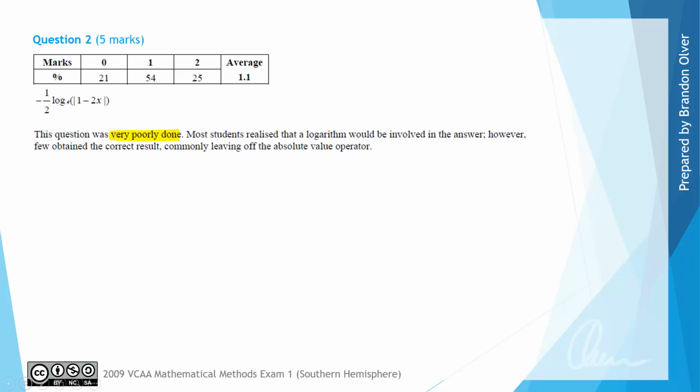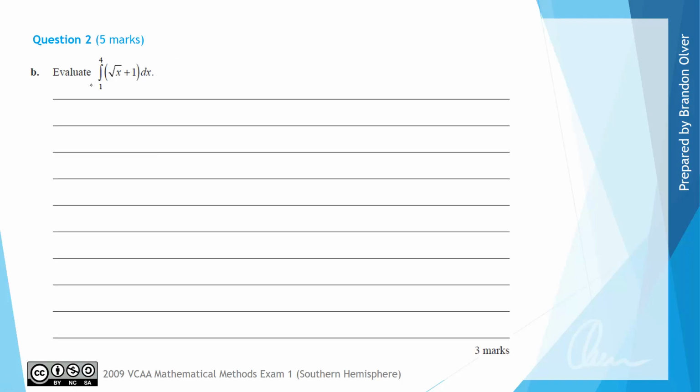For part B, we're asked to evaluate the integral between 1 and 4 of the square root of x plus 1 with respect to x. So that is equal to the integral between 1 and 4 of x to the power of a half plus 1 dx. And then if we use our knowledge of finding antiderivatives, we can evaluate that as being x,